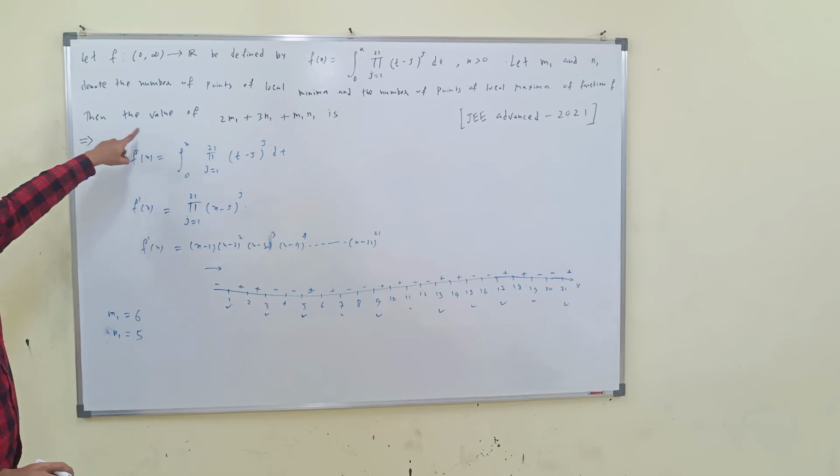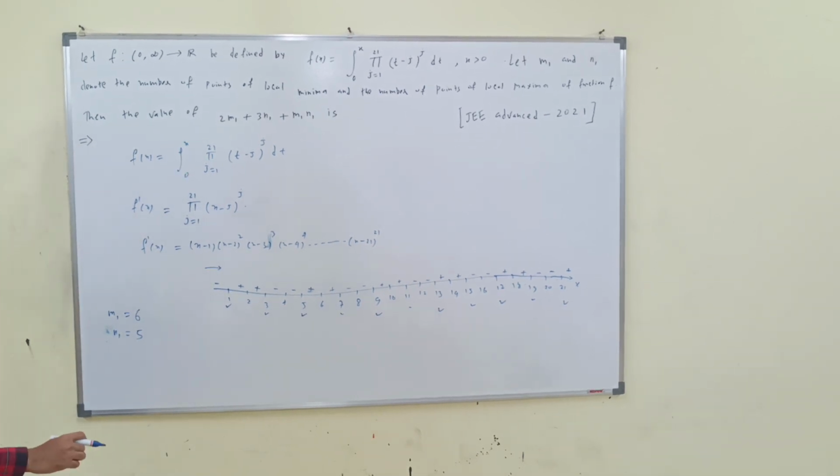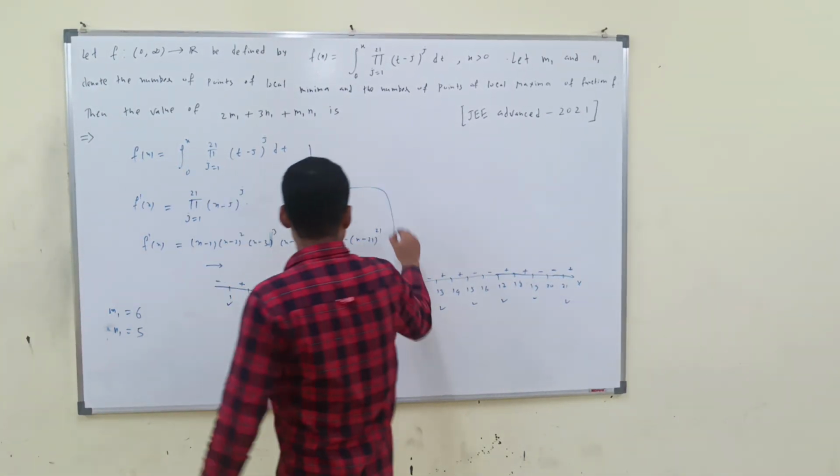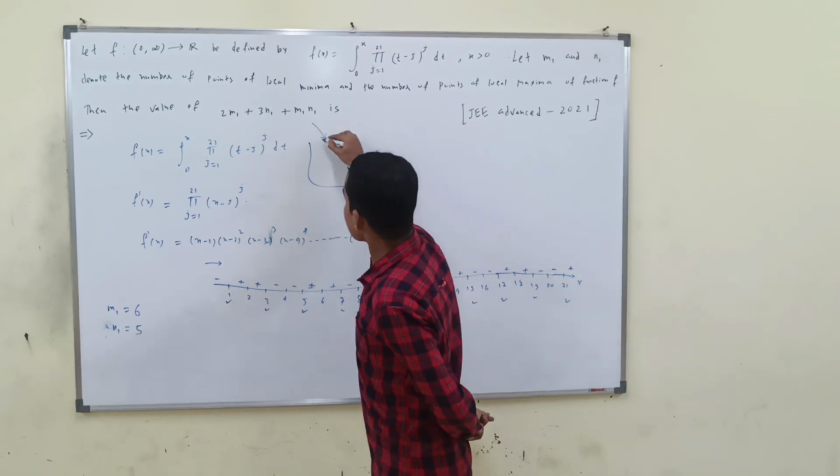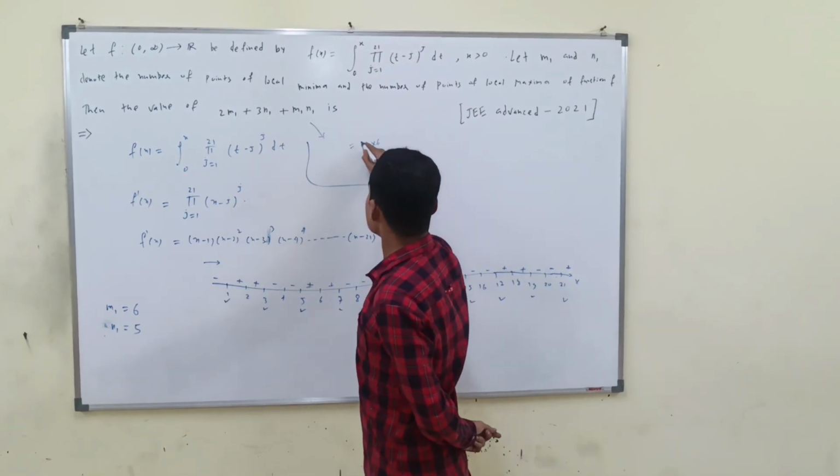Now the question asks for the value of 2m1 plus 3n1 plus m1 into n1. So just put in the values here. This equals 2 into 6 plus